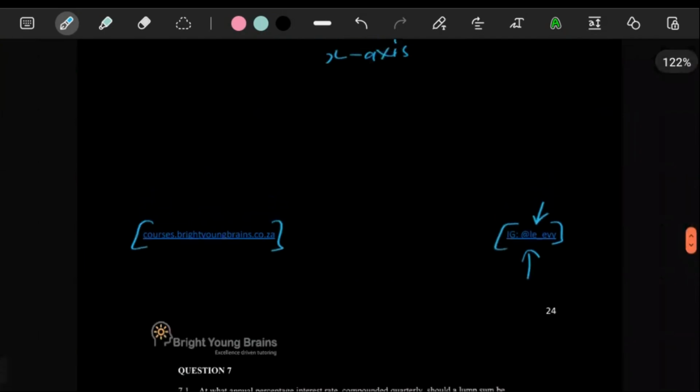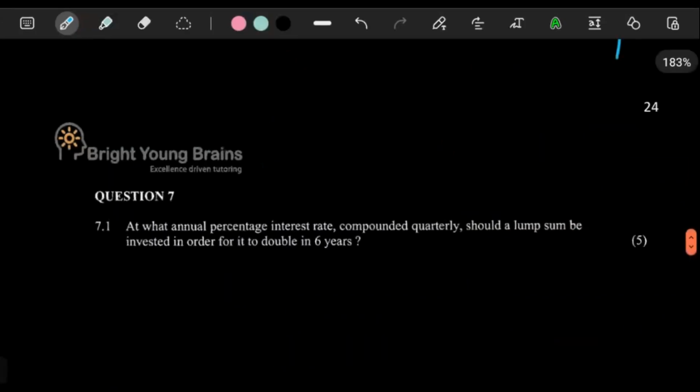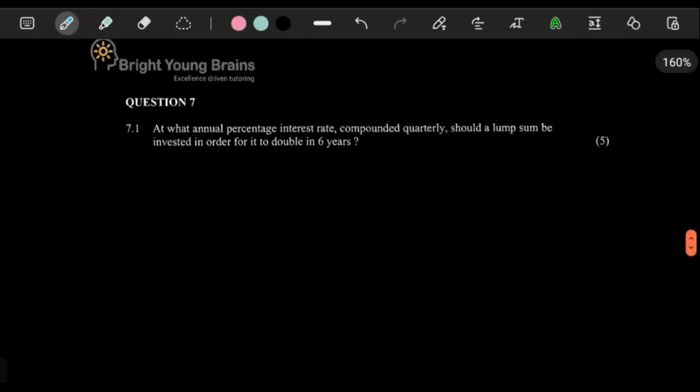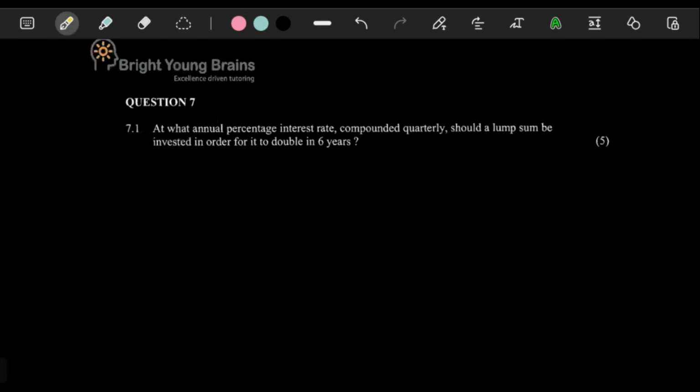But for now, let's move on to question number 7. The anticipated, much inevitable financial maths. You cannot run away from it. It's a 5 mark question. They said, at what annual percentage interest rate